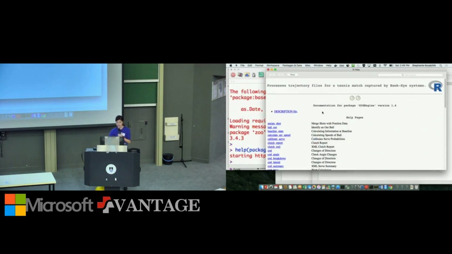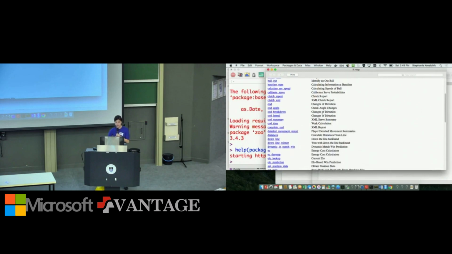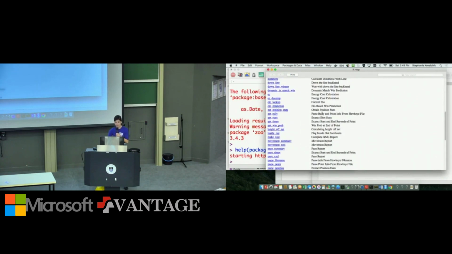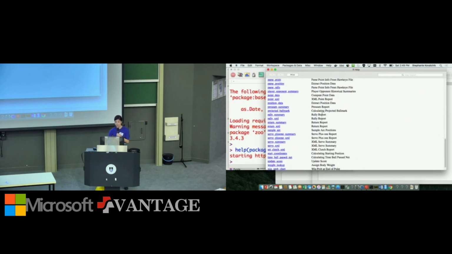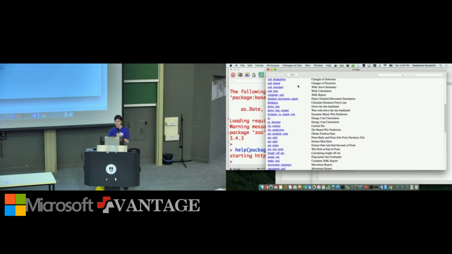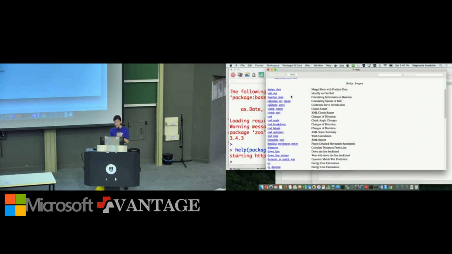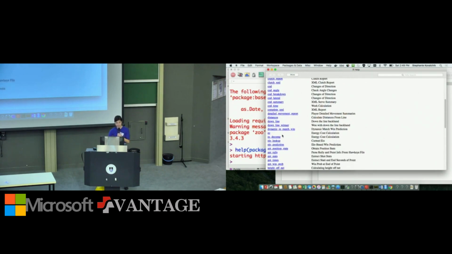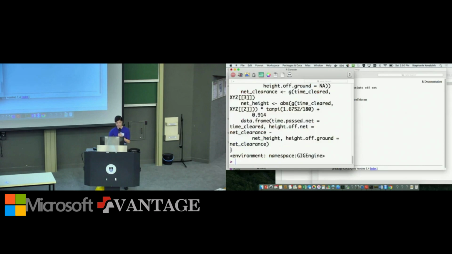So here's an index of the actual functions that make up our real-time application, our engine. Scrolling down, you can see that a number of these are very small things that relate to different pieces of building up stats related to shot characteristics, movement characteristics. I can point out one of these, for example, the height off the net.